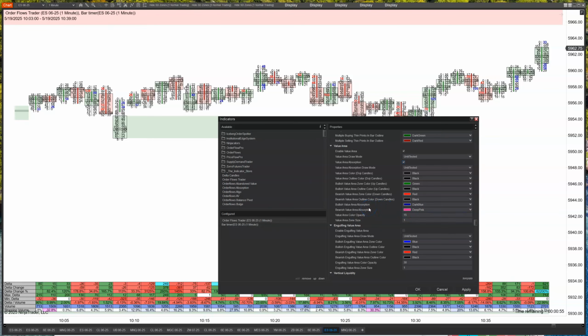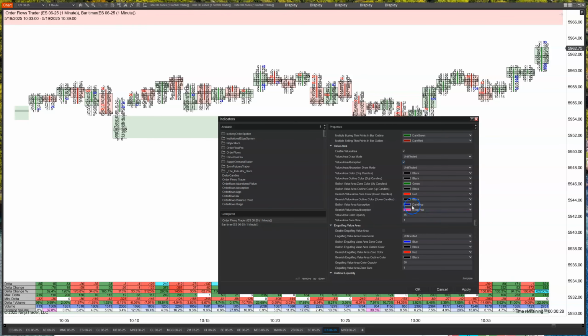Now we're going to get into a little semantic argument here, and people will throw stones at me because they'll say it's not right. If it's bearish value area absorption, in theory, it's really bearish value area distribution. I'm just using the term absorption because more people are familiar with that. But it is the opposite of absorption, right? When I talk about value area absorption and distribution, they have the same thing, but on opposite, 180 degrees opposite